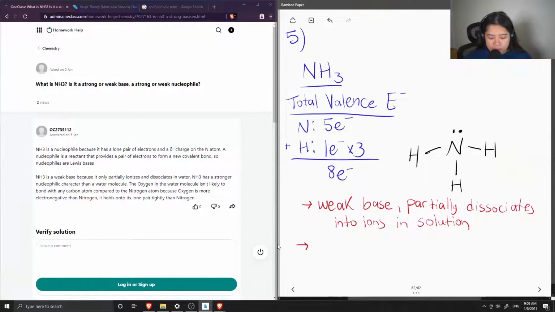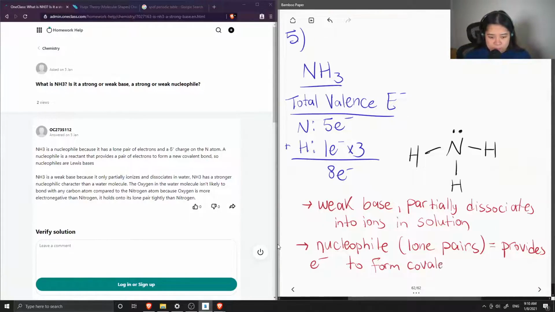Is it a strong or weak nucleophile? So NH3 is actually a nucleophile. And this is due to nitrogen's lone pairs. So these lone pairs, they provide electrons to form covalent bonds with other